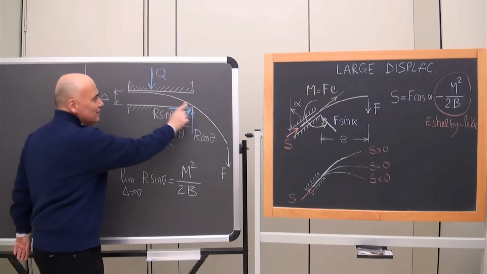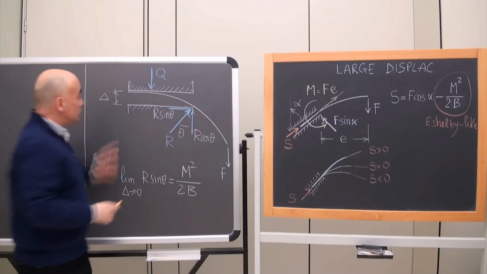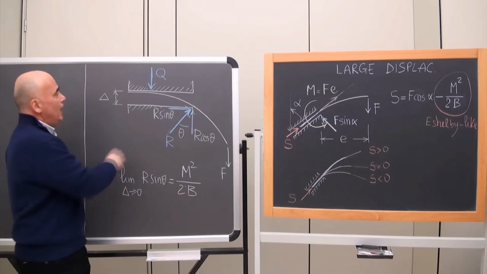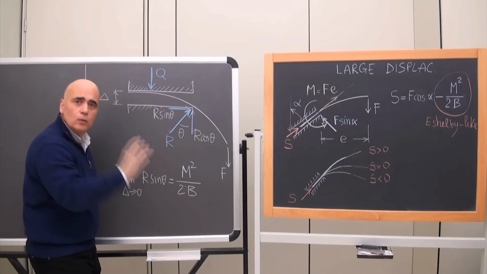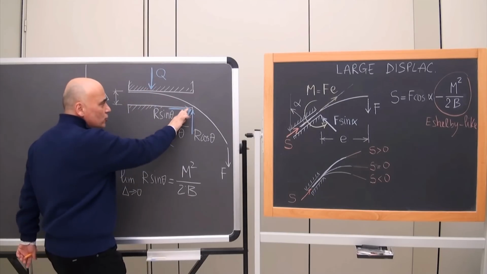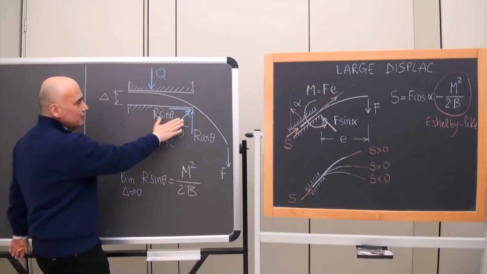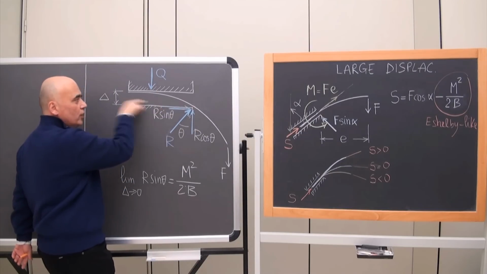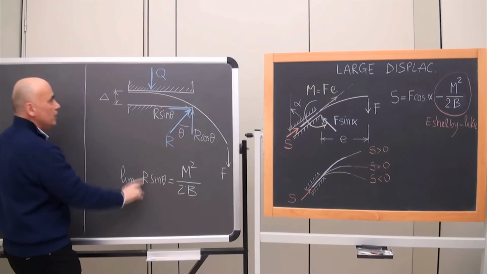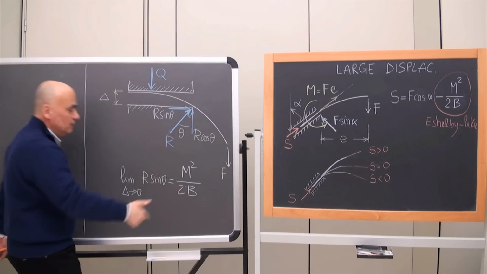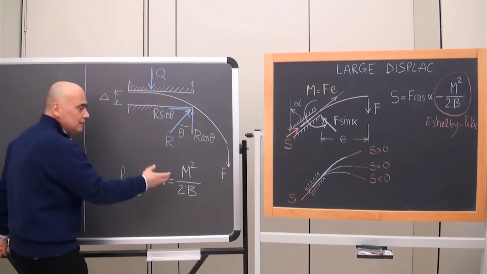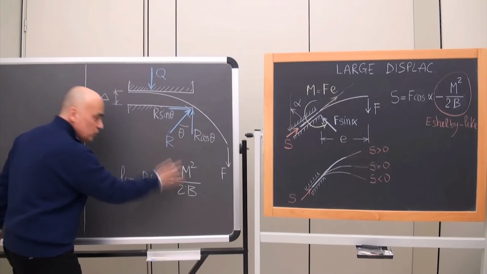And inside the sliding sleeve, you may see the elastic rod, which has this shape, and somewhere there is the vertical load F. Since the contact is smooth, without friction, this reaction is vertical at this point, and this reaction is inclined at this contact point. Now, if we take the horizontal component of this reaction, which is the only horizontal force, and we take the limit when delta tends to 0, meaning the structure becomes perfect in the limit, then this R sine theta component does not vanish, but tends to the Eshelby-like force, which is this one.